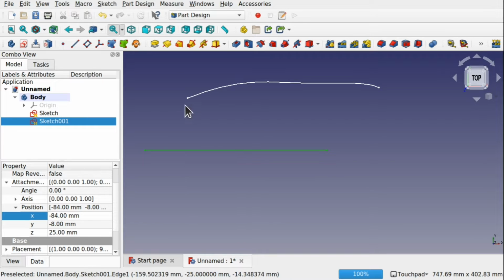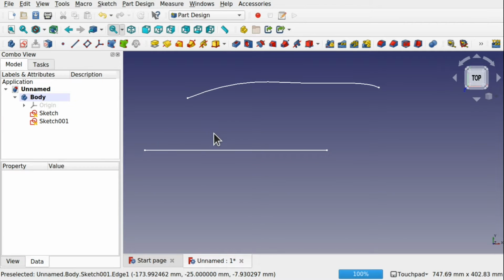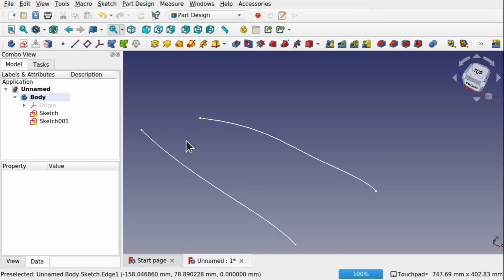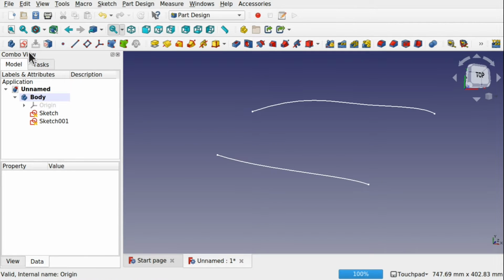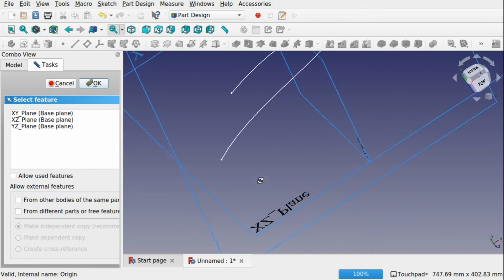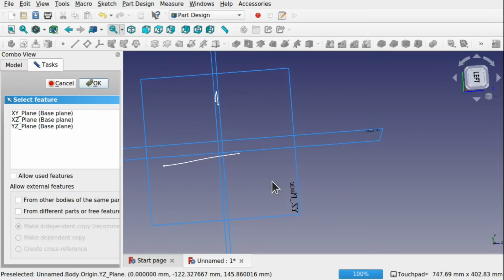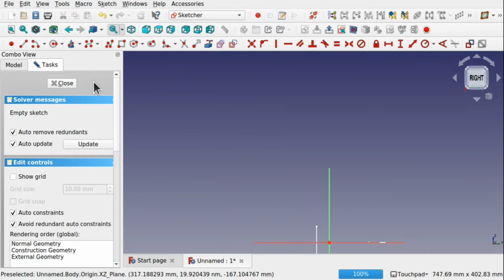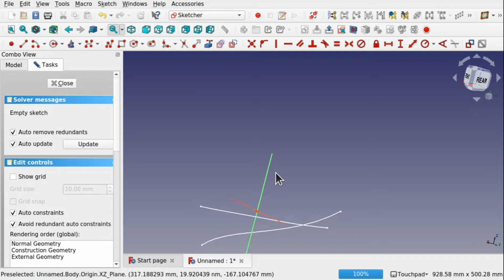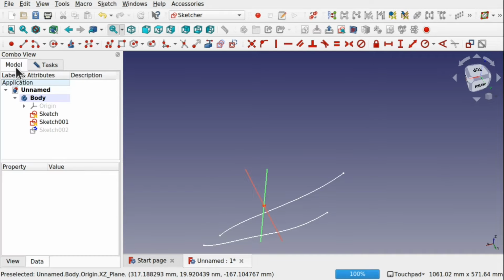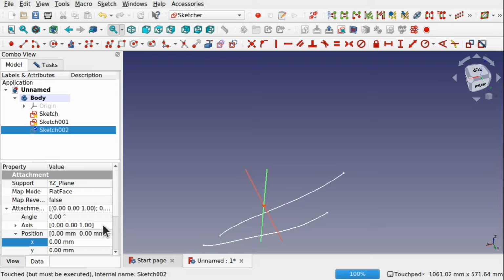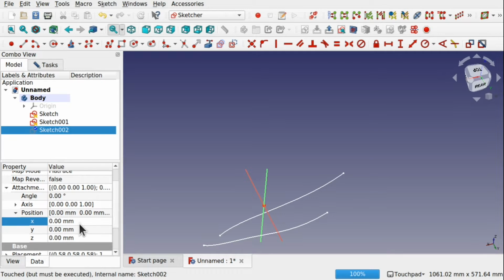those. And obviously, these aren't going to be on a plane that I can easily get to. We could come in, if I wanted to join up these with another B-spline sketches, come in and create a sketch and put it on the plane that I prefer. So something like that. This plane here, hit OK, and that's not intersecting those points at all, so I'm going to have to do some transformation on that plane for that sketch. So look at an attachment and try to position that in the right place